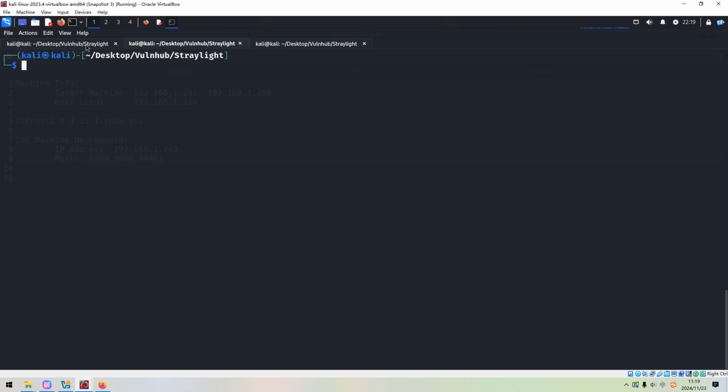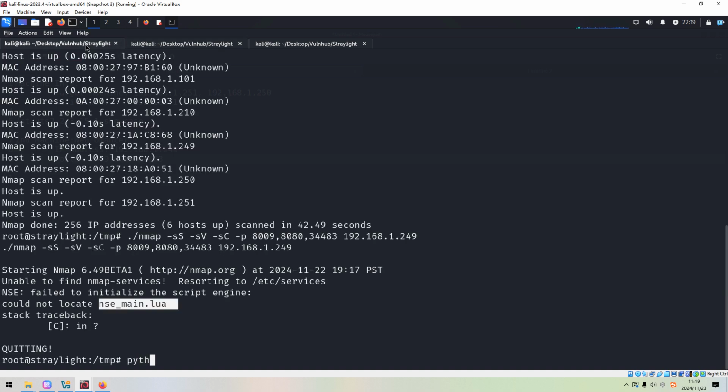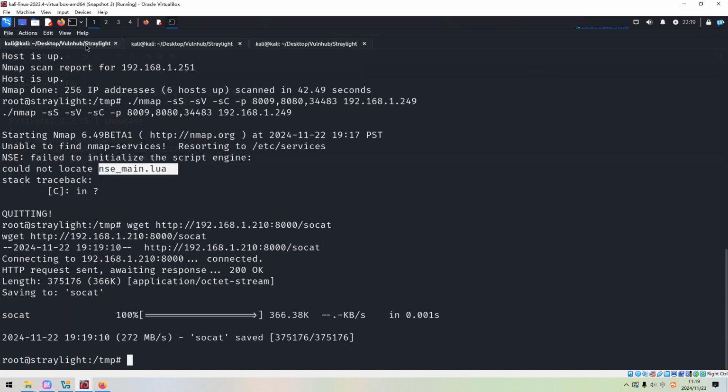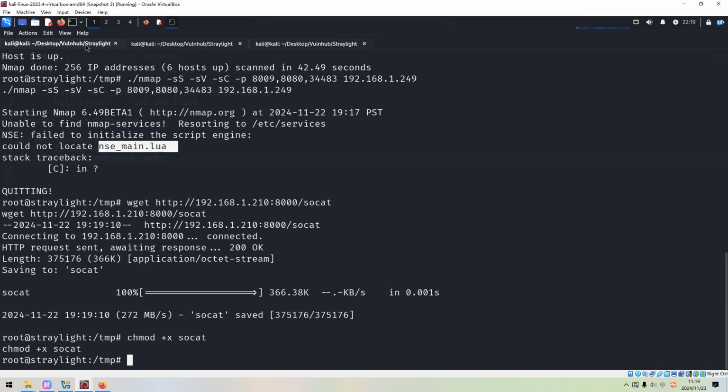Next, we upload SoCat to the target and make it executable. Next, we set up the port forwarding with SoCat.